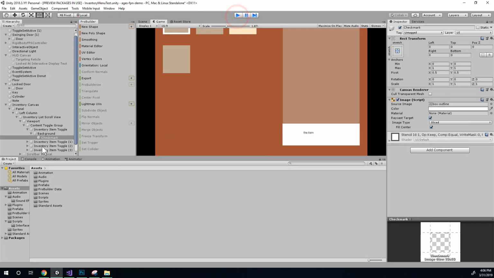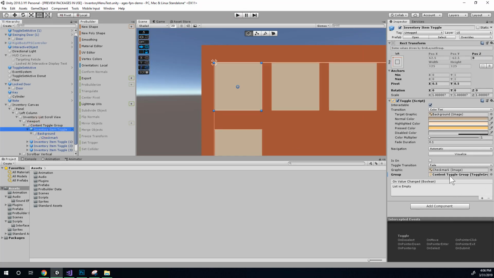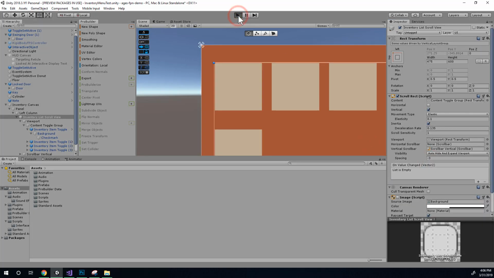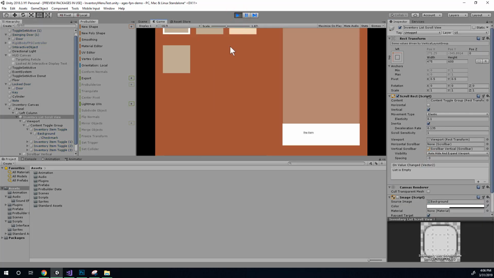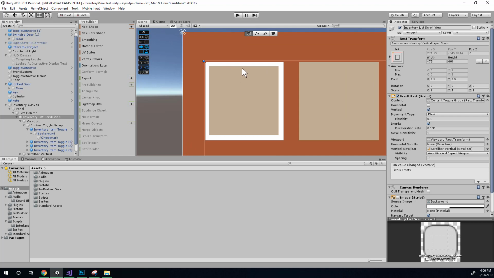Or you could go to your inventory item toggle and choose is on. And I think next time we run the game and stop it, it will be there. Yeah, so that's what it looks like. So I'm going to uncheck is on. Well, I guess I'll leave it for now because one more thing we need to do while it's visible is